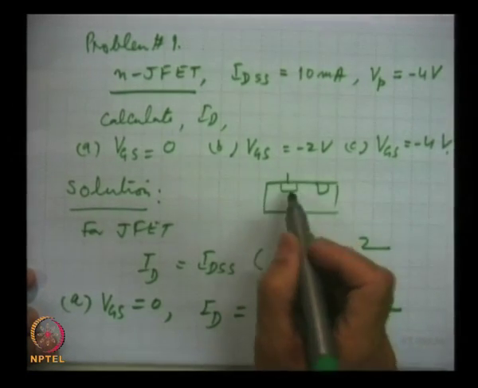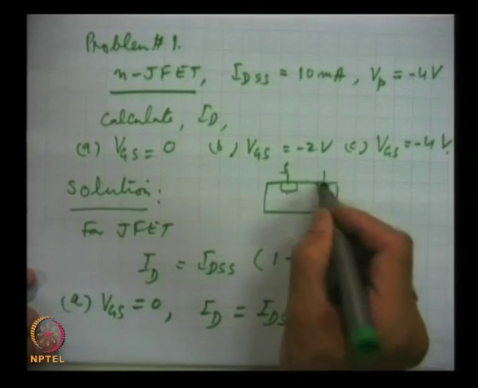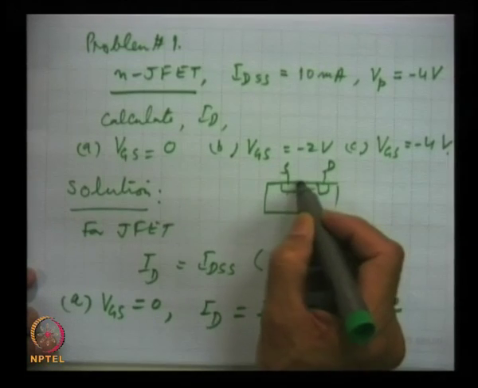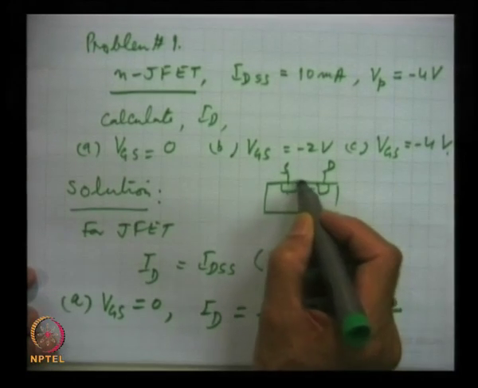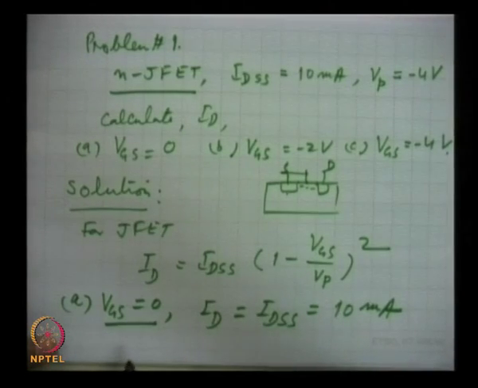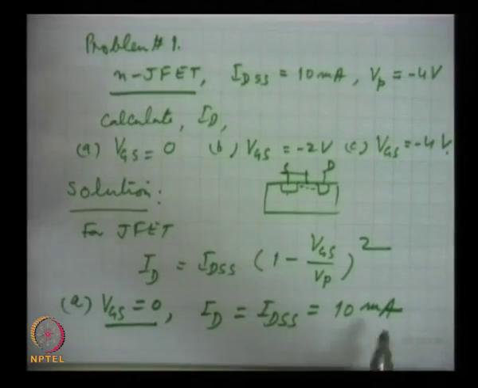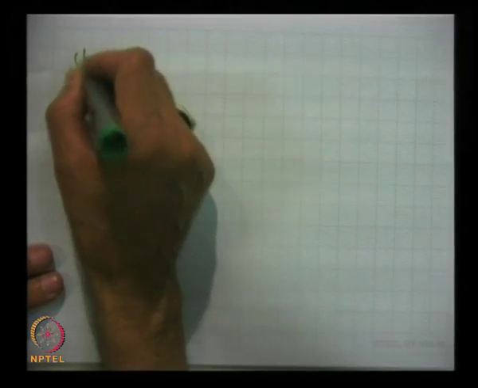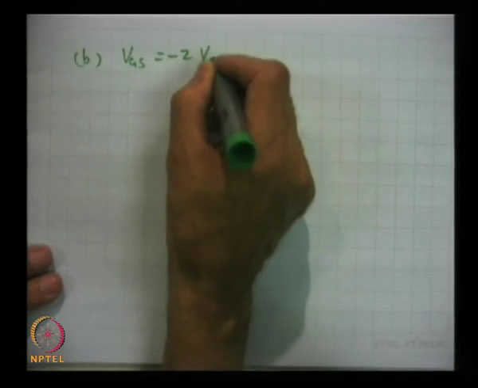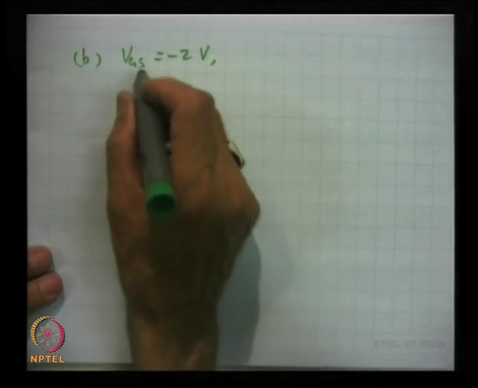This is the source, this is the drain, and this is the channel. When the gate is shorted, VGS is made 0, and that is the maximum current which flows in the device. Then for part B, when VGS is minus 2 volts, in that case ID,